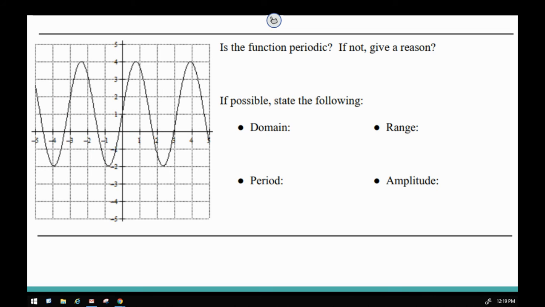Okay, on this next one, when I worked it, I tried to go too fast, and so I didn't really pay attention. And I got the period wrong on this one. So it is periodic, because it repeats. It very clearly repeats forever and ever. But how many x values is it from one to the next? It changes. Looks like a small difference. So if it starts here,